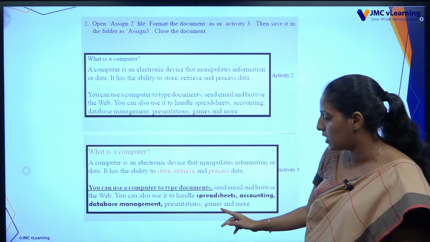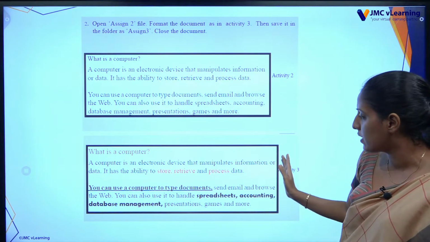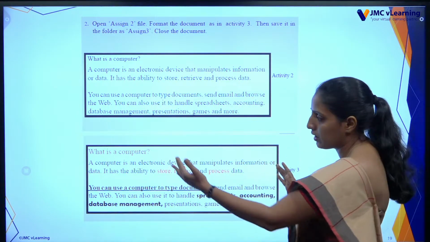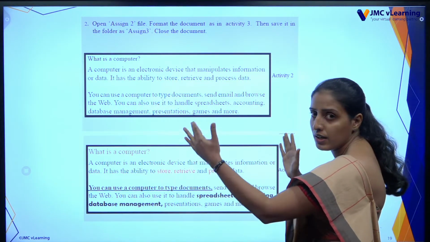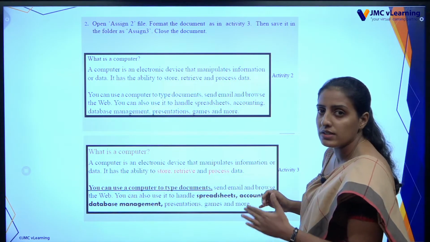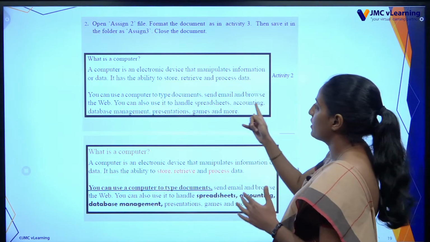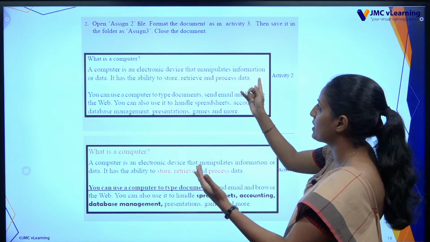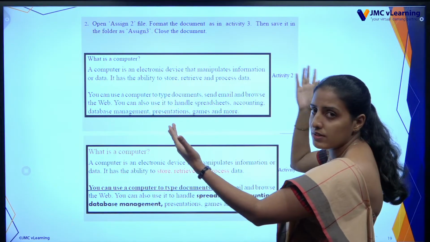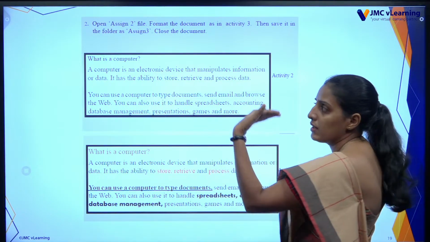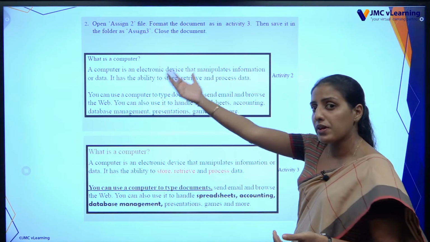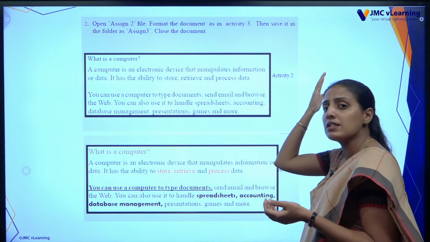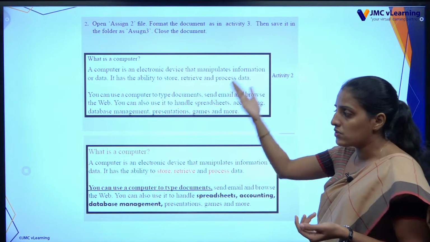Font type is changed. Other thing is you can see the alignment. I will show you what are the alignments. If the left side and the right side are all in one line, we call it justified. If you can see some spaces on the right side, that means it is left aligned. If you can see the spaces between words and the lines on the left side, that means it is right aligned. So, let us do these